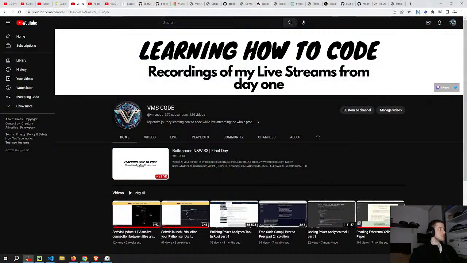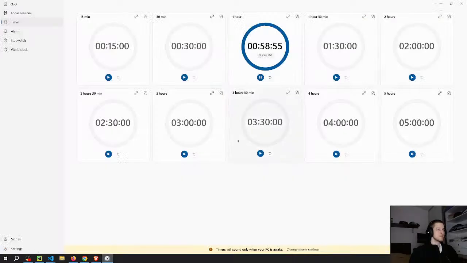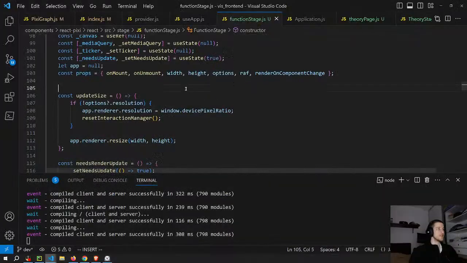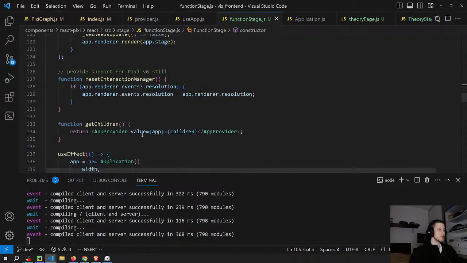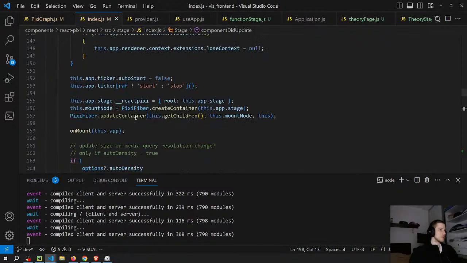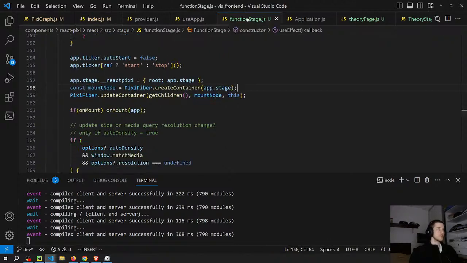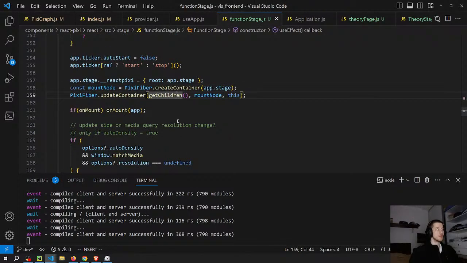So I've been trying to make it work by translating everything to a functional component, but it's a little bit frustrating, to be honest, because it's not working here. I think the reason is that I'm creating the container here, and I'm not really sure how it works. On the class components, they create it here and use the instance of the app that is part of the class. So I was watching a lecture and then trying to move everything from a class component to a function component to see if that's gonna fix the